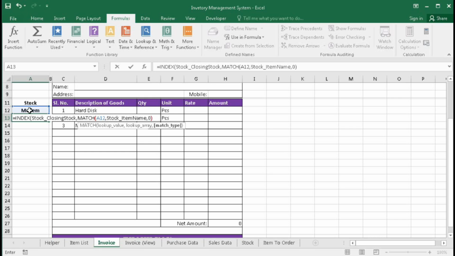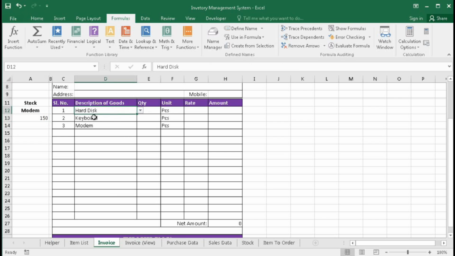Close MATCH, close INDEX, enter. So we got 150 for modem. So again delete this all.